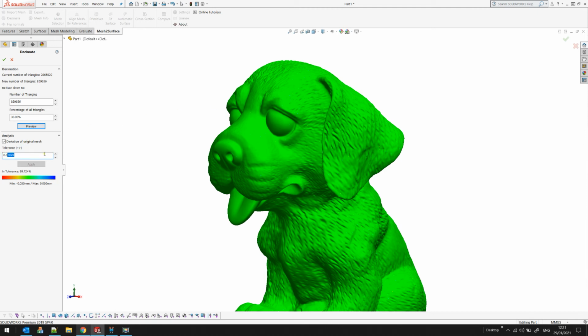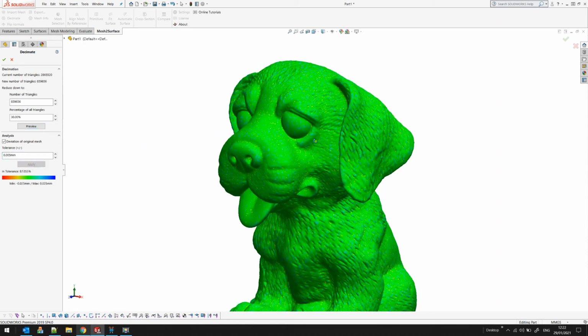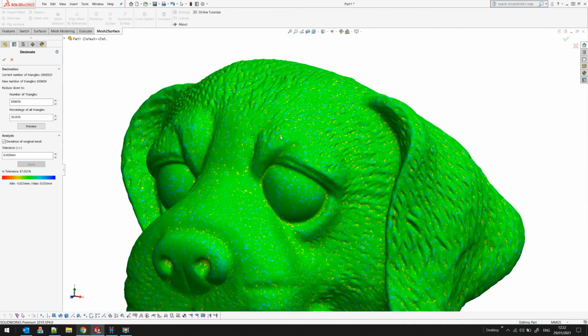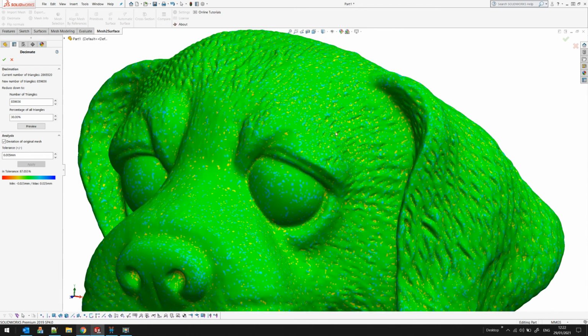For example, I can change my value here to 5 microns to see what happens, and then as you can see on the screen, we start getting an indication of which points are getting out of this tolerance. You can go and reduce the number of triangles, for example, to 20% of original size, and you can get your results. When you're happy, you just press the OK button.